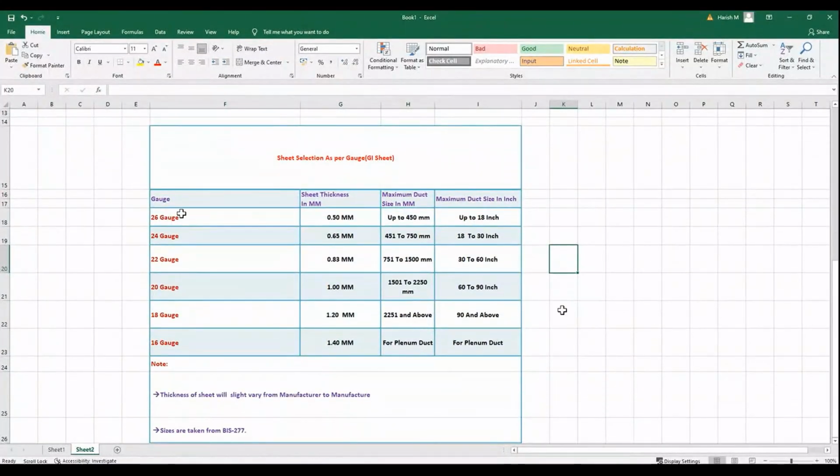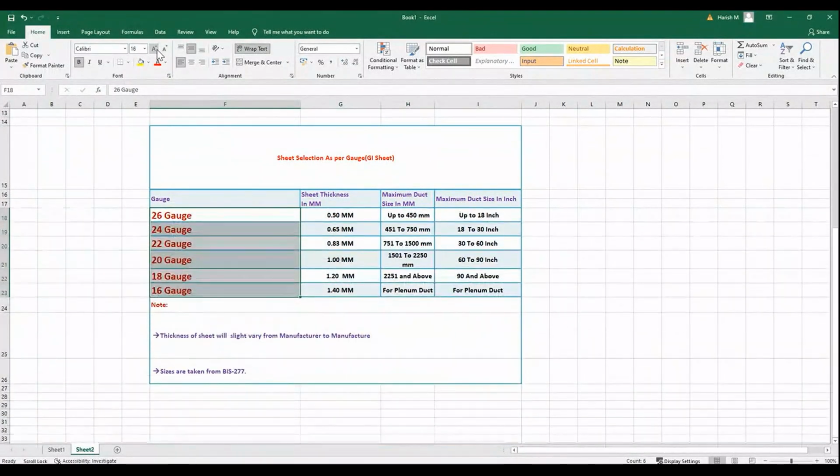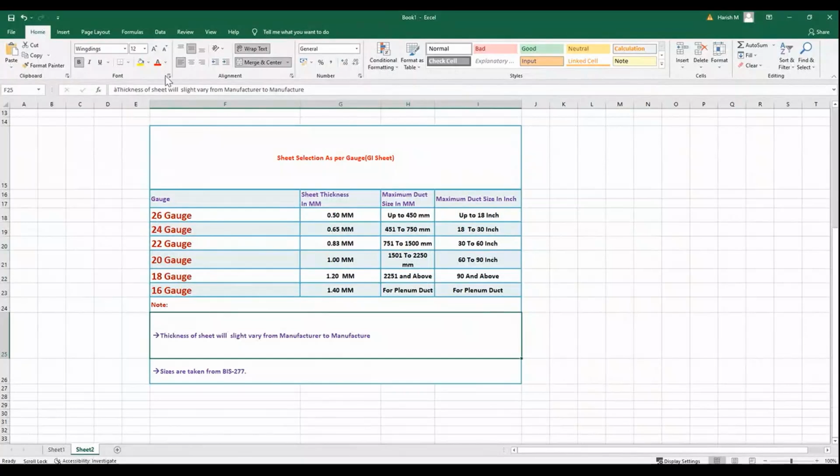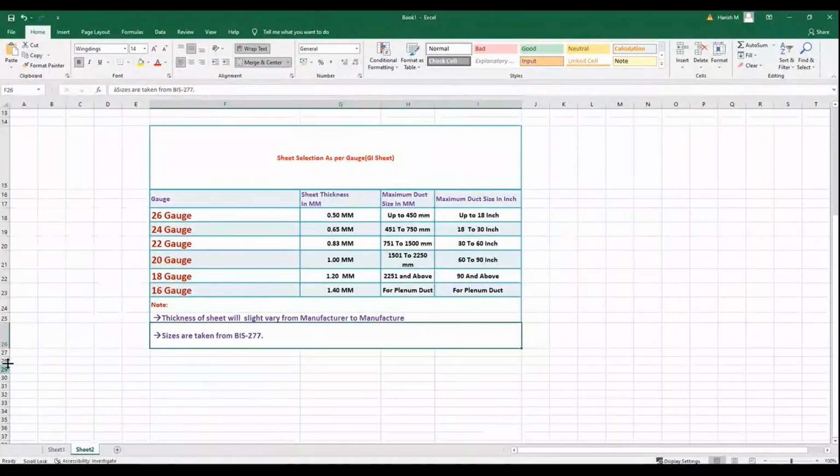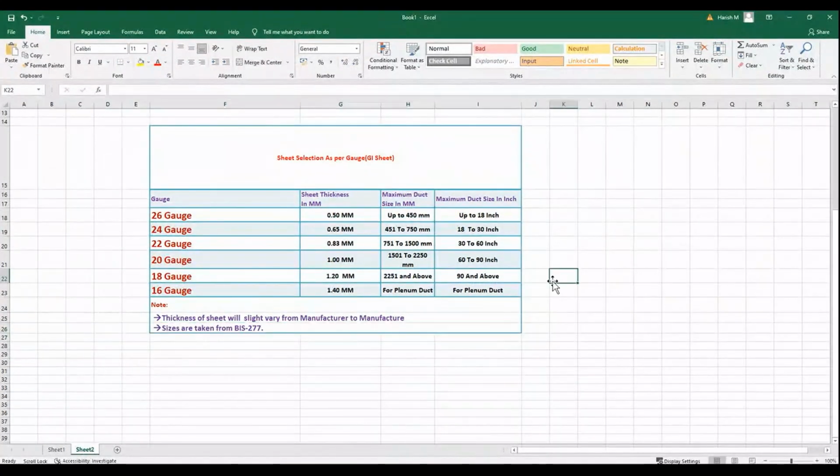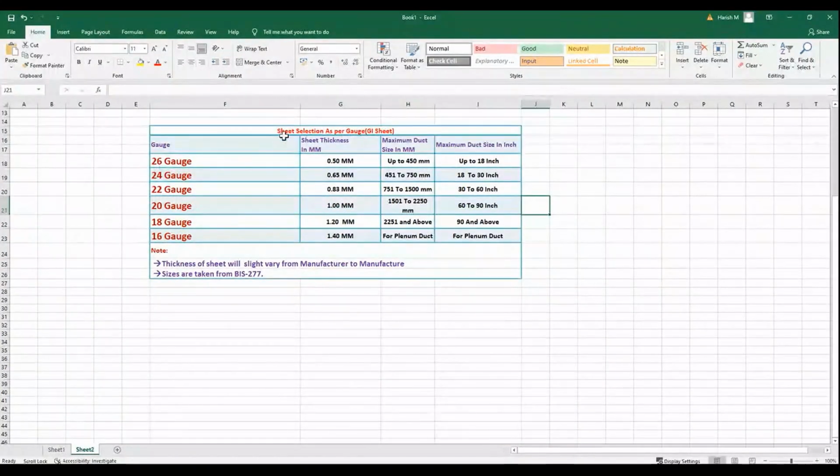Okay, so this defines the thickness of the sheet. So here, how it is defined? How the thickness of the sheets are defined? The thickness of the sheets are defined with respect to gauge number. Okay, so here the gauge number,